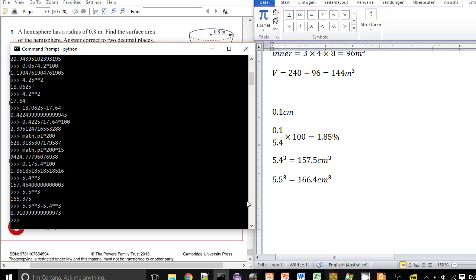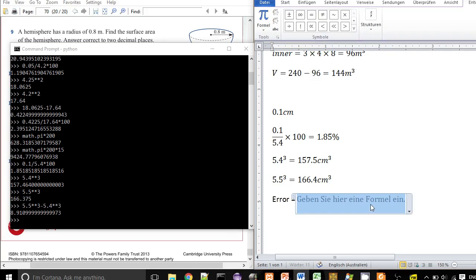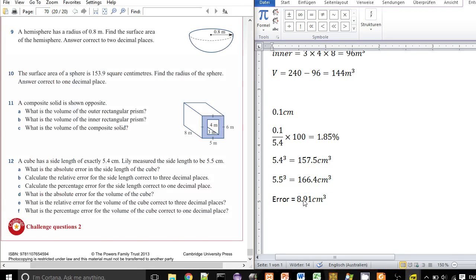So subtract them, I get 8.91. So let's just say error is 8.91 centimeters. So that's how far off. Even though she's only 0.1 centimeters off, when you calculate the volume, this is how far off it ends up being. Now that as a percentage,